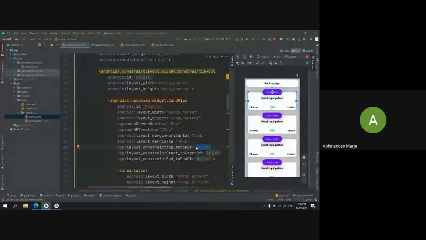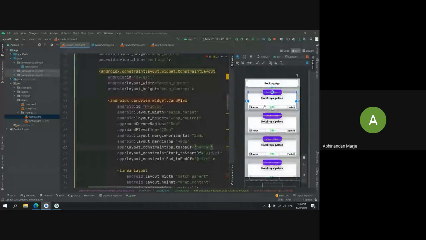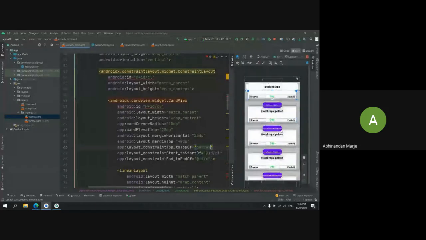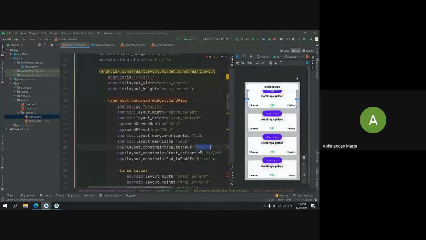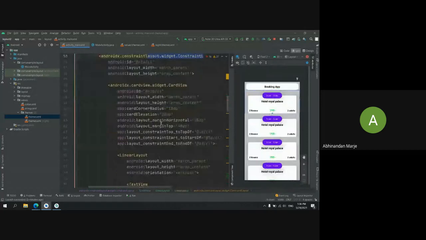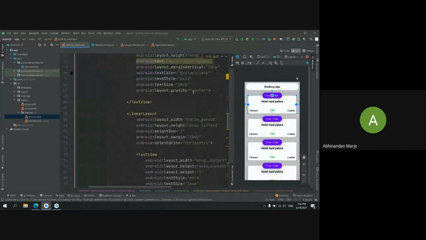Let's say I change it and make it a parent. You can see my first CardView is literally gone. So make sure you are using the same ConstraintLayout to make it more visualized and you don't get any errors. Right now I'm getting 16 errors. Why is that? This is because I'm using the same ID when I repeat it inside here.